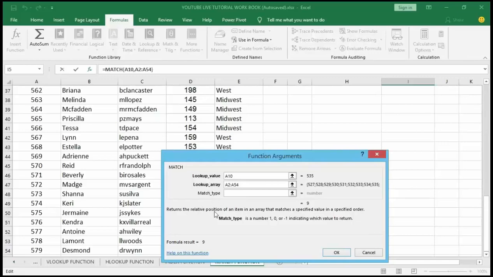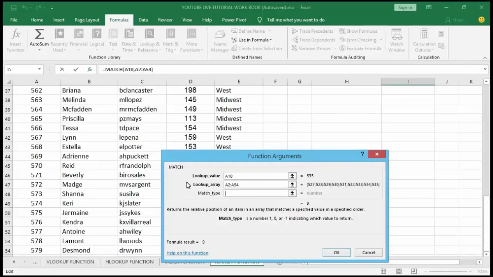It takes arguments as either -1, 0, or +1. If I insert the match type as -1, it means that the match function will find the smallest value which is greater than or equal to the lookup value that I'm looking for here.